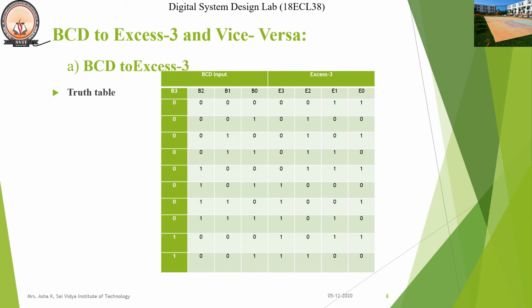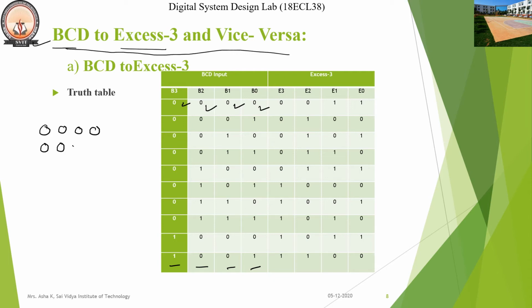The second part of the experiment number 3 is conversion of binary coded decimal value to XS3 value. So here we are considering binary coded decimal value starting from 0, that is 0000, to 9, that is 1001. We are going to get the XS3 code by addition of a constant 3 to the BCD number. Let us consider the BCD number 0000.